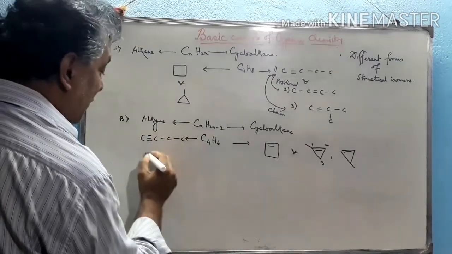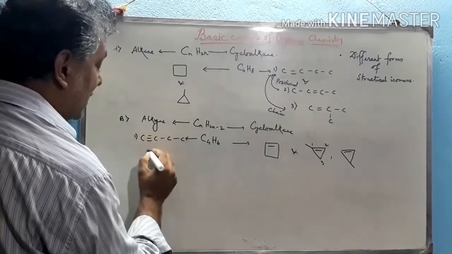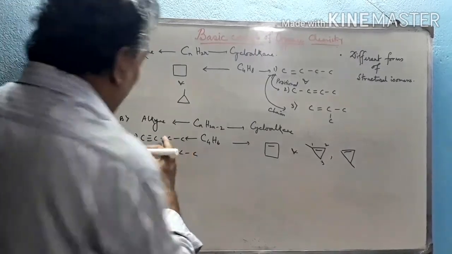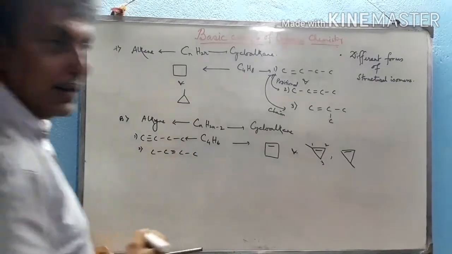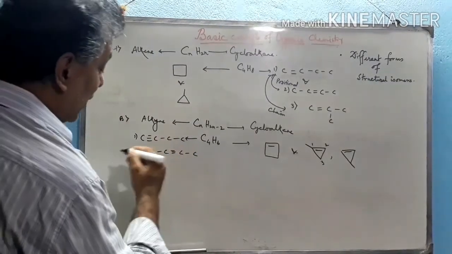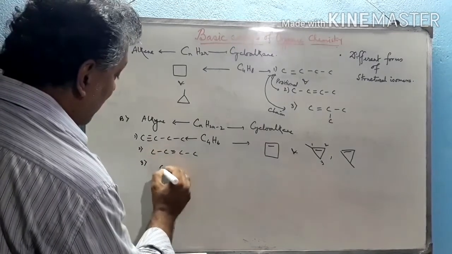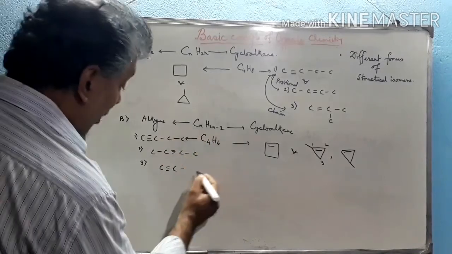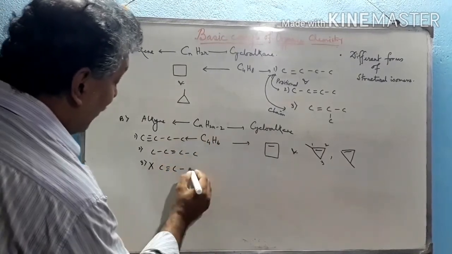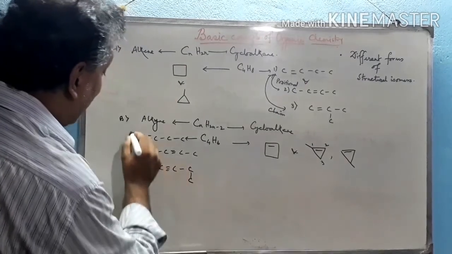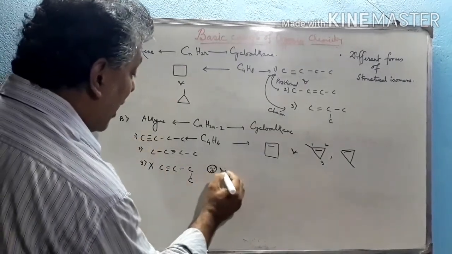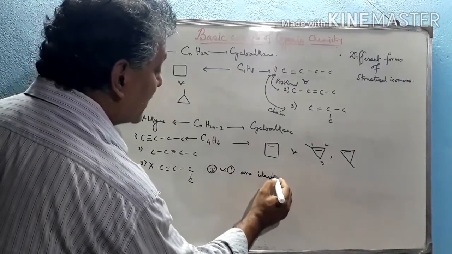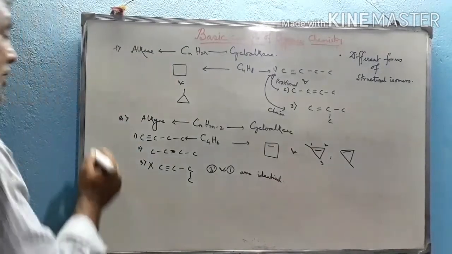And if we change the position of the triple bond, suppose this is the first structure. So if we change the position of the triple bond, C, C, triple bond, C, C. First one is but-1-yne, second one is but-2-yne. These two are the positional isomers with respect to the triple bond. And the third is a different form, because we can't define this structure with a different form. So the third structure cannot be obtained. If we draw this structure with respect to this, 3 and 1 are identical. So we can't draw different chain isomers with respect to 1.